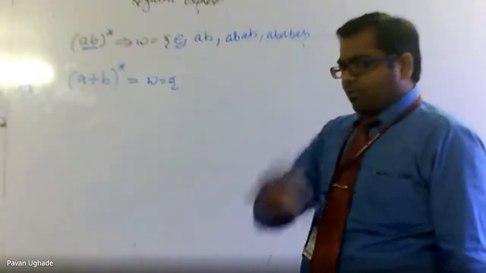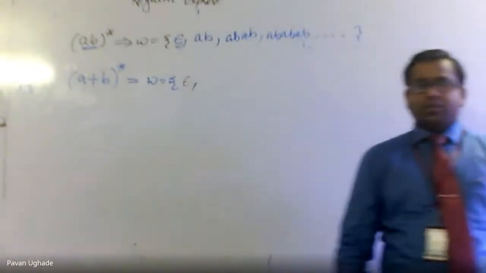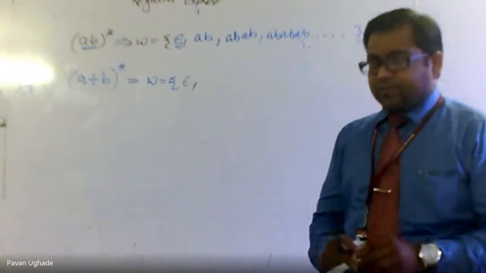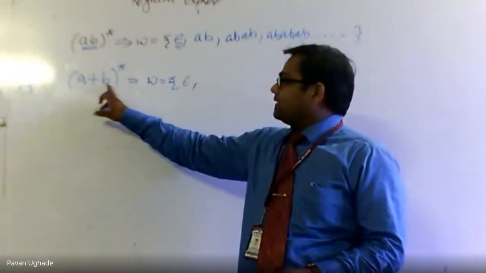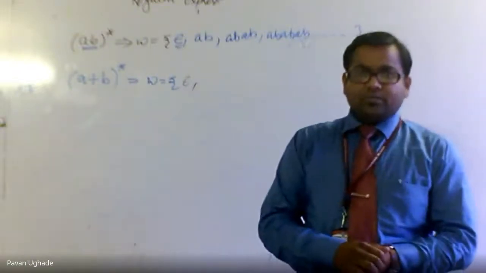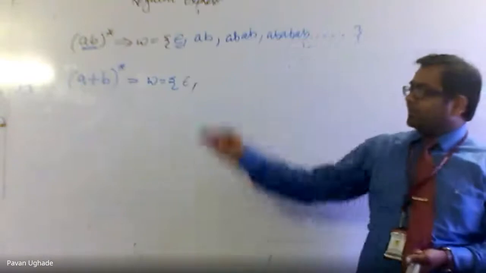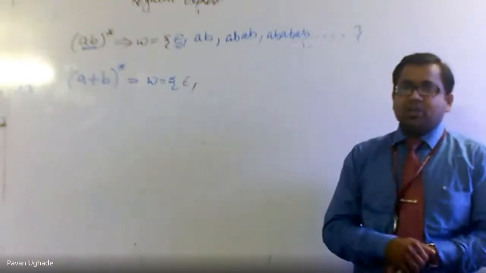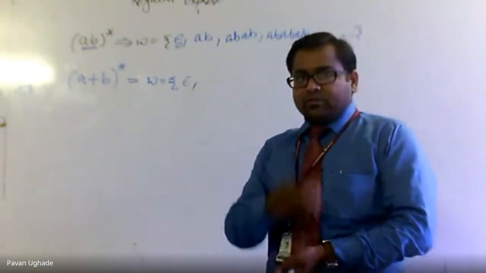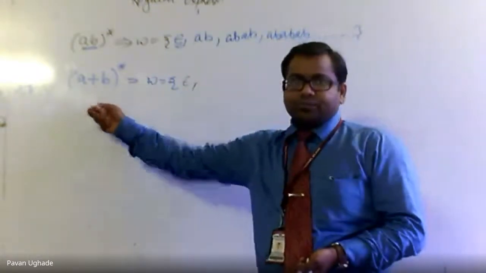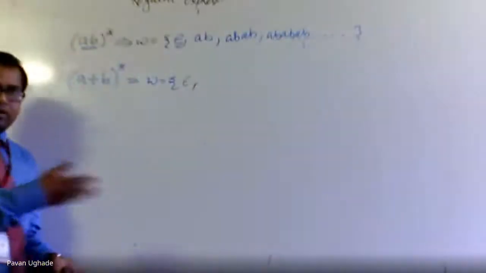Maybe one I will tell you. One definitely, as it is closure, I will say epsilon. Right? What will be the next terms that can be accepted? It can be read as A, B. And it is or. Tell me some others, maybe one by one, which can be accepted by the automata or by this regular expression. Tell me the next strings, maybe one or two. This is very important. We'll be using this regular expression multiple times, as you will see in our Module 2 and Module 3.